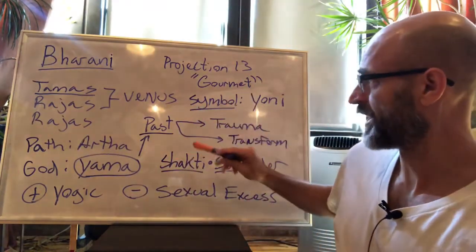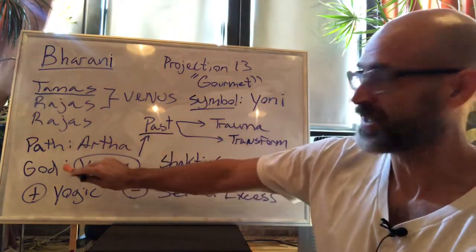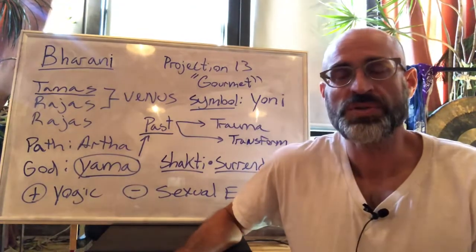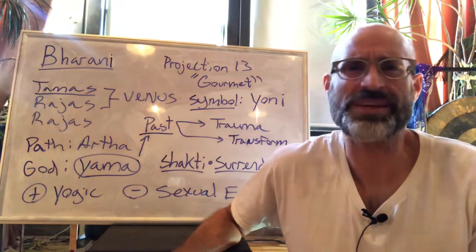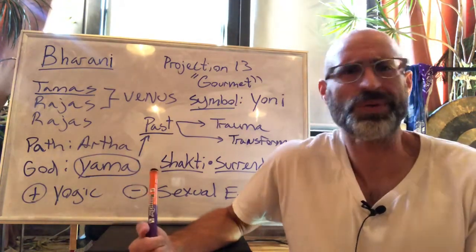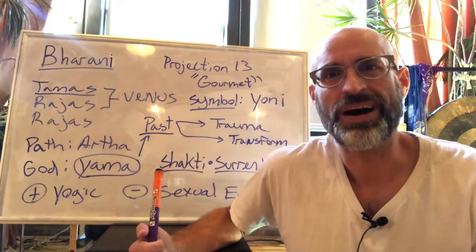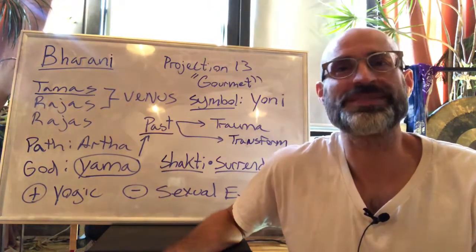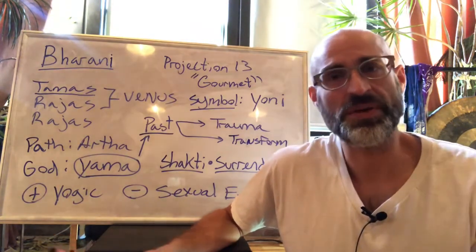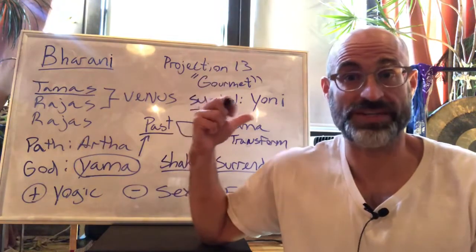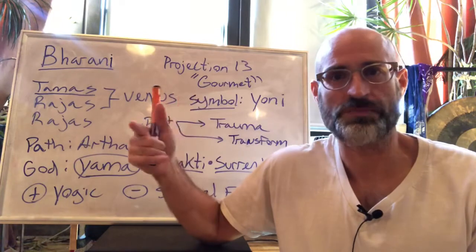So also what we have here is the god Yama. Yama is also incredibly interesting to look at. I remember I was looking at this and I'm like, this is early in the zodiac. Why are we having this symbol of death? Well, the reason is because death just simply implies a new birth. And so essentially what ends up happening is, again, there's a past fixation with these folks. So the need to move on from one's past,